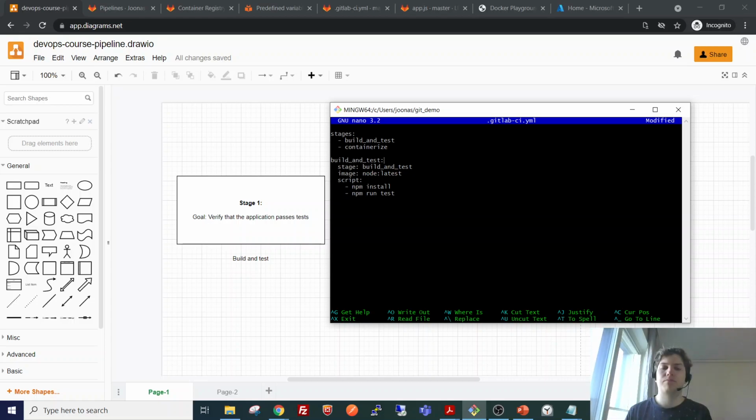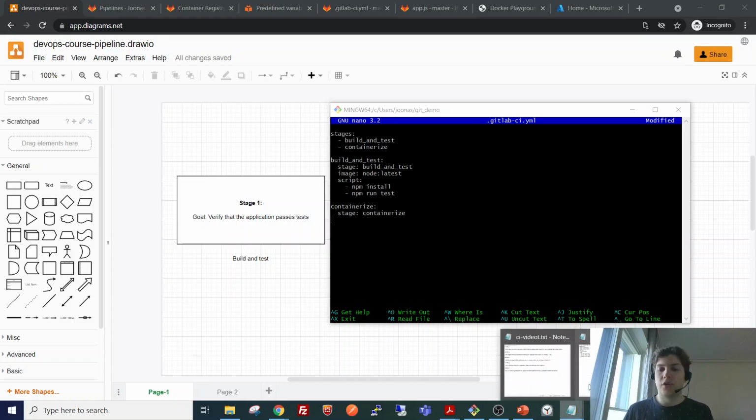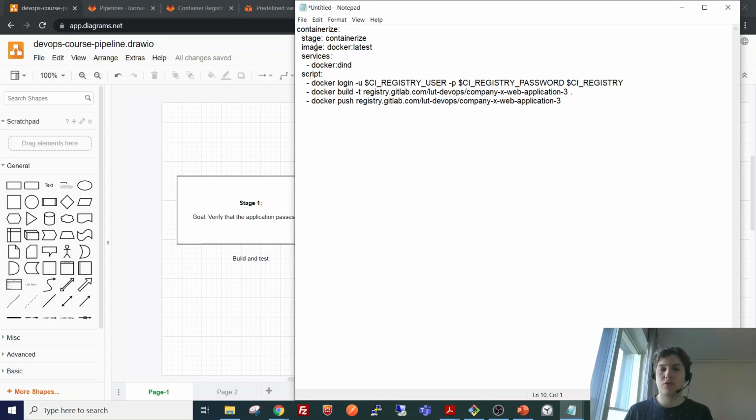Containerize. Now we are going to use a different image, and I'm going to check it from my notes.